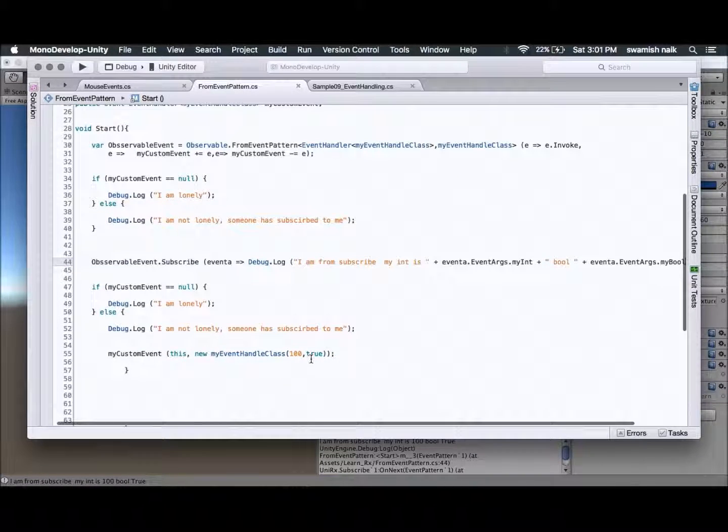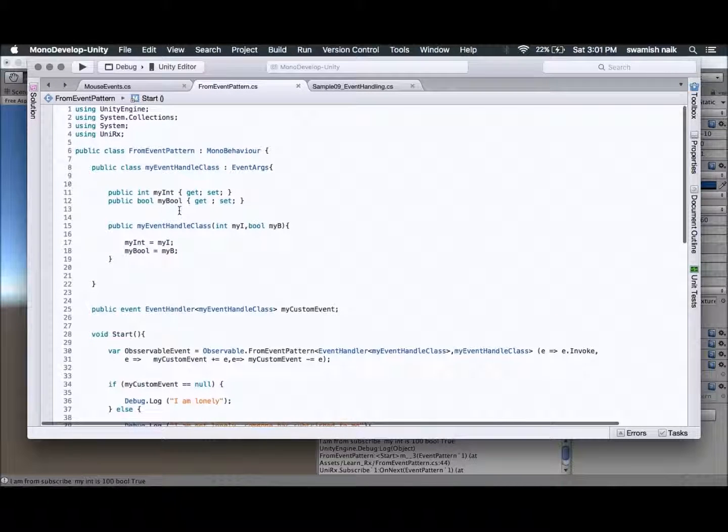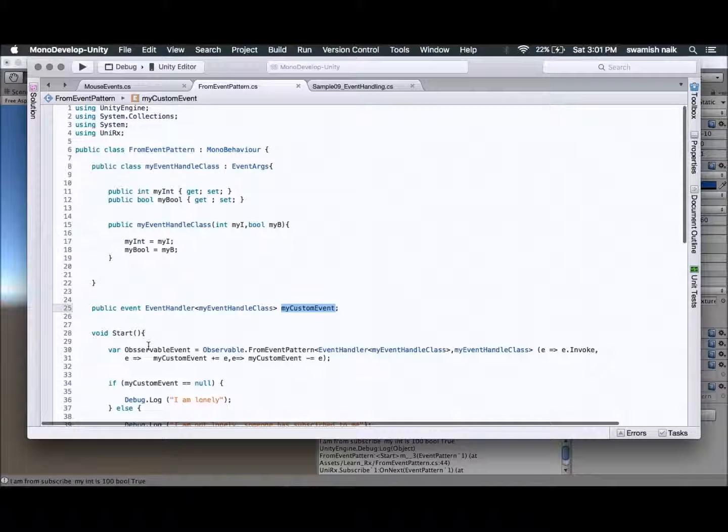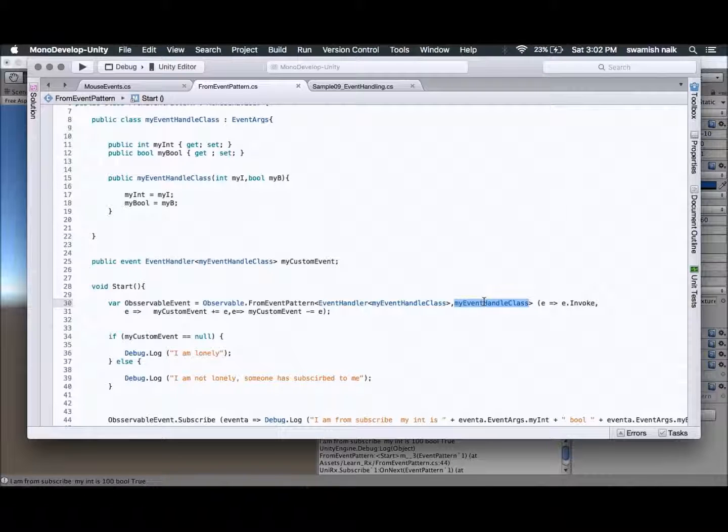That's the expected output. To summarize, first we need to create MyEventHandlerClass, then we need to create an EventHandler which will pass our event handler class and MyCustomEvent. In Start we are creating the variable observableEvent, which stores the observable of FromEventPattern, which again passes EventHandler, my custom event handler, and my custom event handler as parameters.